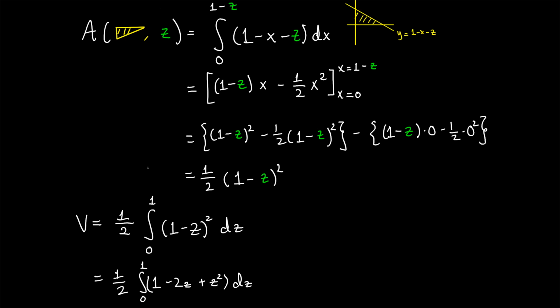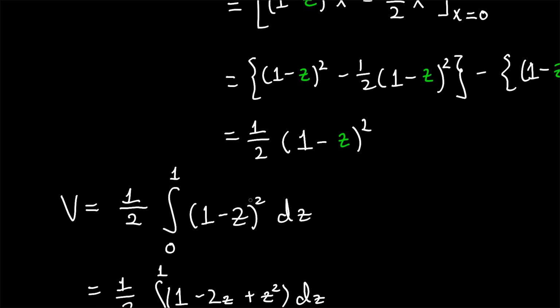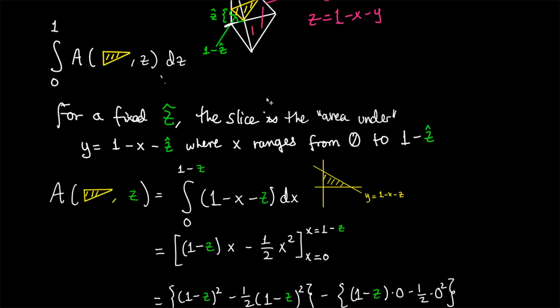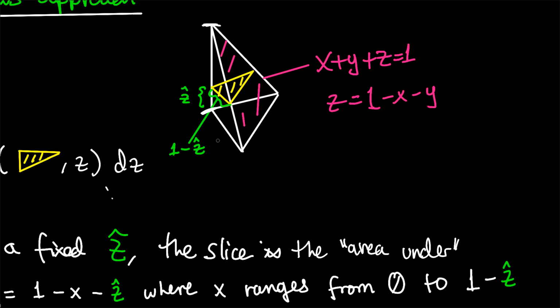Okay, and then to get the volume, we take the integral from 0 to 1 of this area formula with respect to z. So this area, 1/2 times 1 minus z squared, oh, actually, you know what, that's an easier way to get this formula instead of calculus. If this is 1 minus z, then let me draw that. Then 1 minus z squared would be the area of,